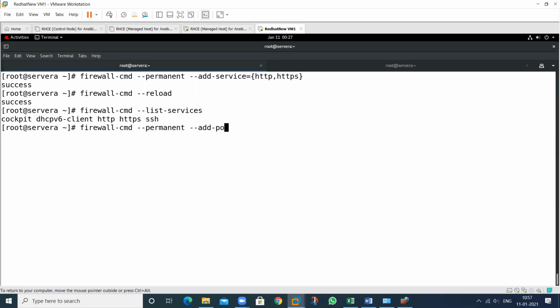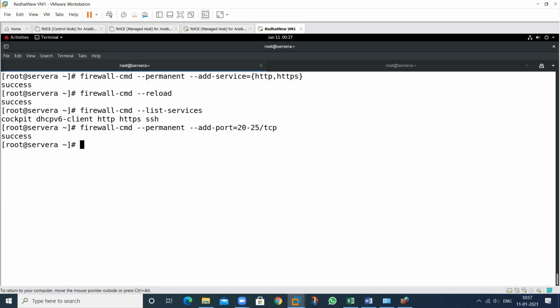If I want to allow the port 20-21/TCP, you can add the series also. So this will allow 20, 21, 22, 23, and suppose I want to allow till 25. So all the ports will be added at one time.